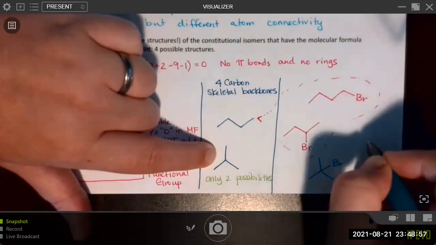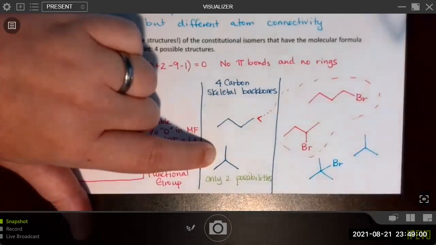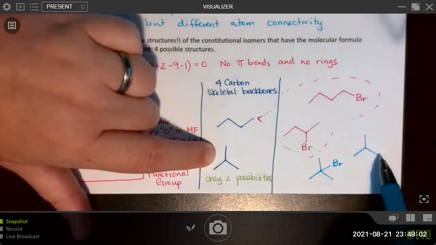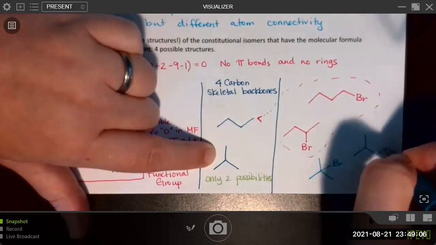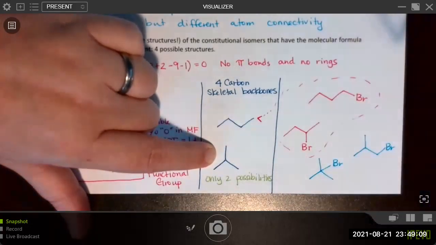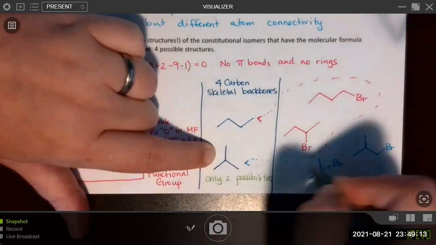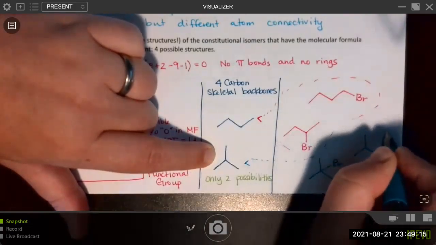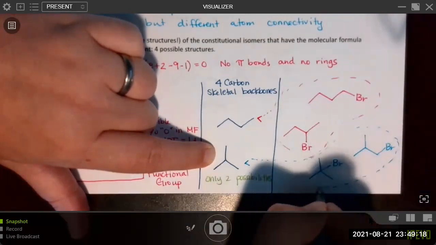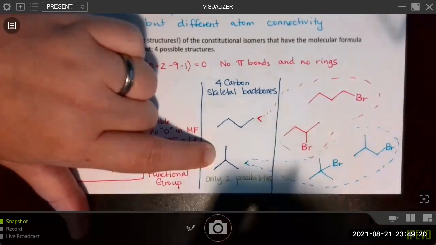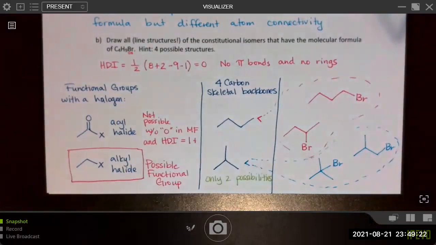We'll put it here, and then drawing that skeletal structure, you decide you want it to go here or here, it doesn't matter. Let's put it here. Okay, so those are the other 2. I'll make my little net around these 2 to show that those are part of this skeletal structure. So hopefully you can see that there is a systematic way of going about doing these problems. Let's try the next one.